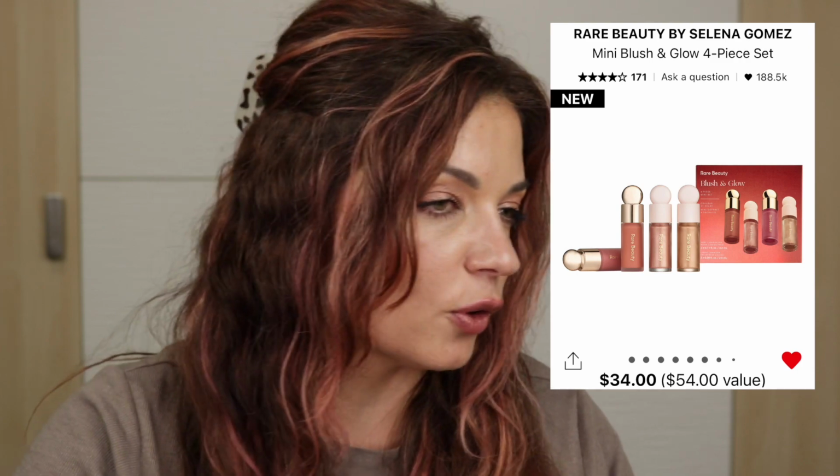The Rare Beauty Mini Blush and Glow Kit. These are such a good deal. For $34, you get the 4 minis. It doesn't seem like a lot of product, but a little goes a long way. So this is great to give as a gift. You could break it up and put it into little gifts. If you haven't tried the blush or the highlight formula, this is a great way to try a few options